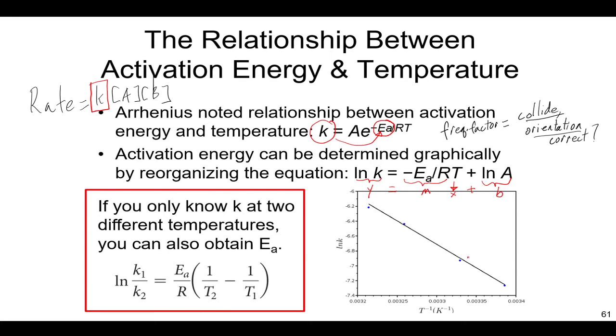And this should sound familiar based on the previous lectures we've done in kinetics, where we learned about reorganizing equations so that we can plot things to see if things are linear. It's a good test for whether something's a first order reaction, second order reaction. We're also using it here now to see what is the activation energy, okay? And if we tabulate, right? If we do these experiments where we measure time versus concentration for a reaction. We've talked about this a lot in previous lectures, and we tally all this up and we figure out it's first order. Great. Now we do it again at a different temperature